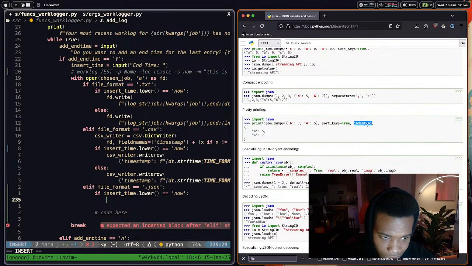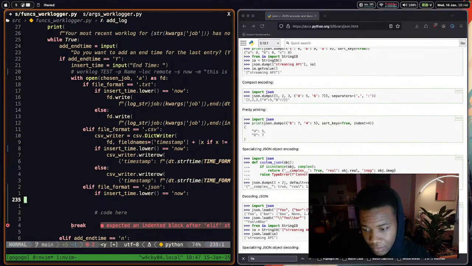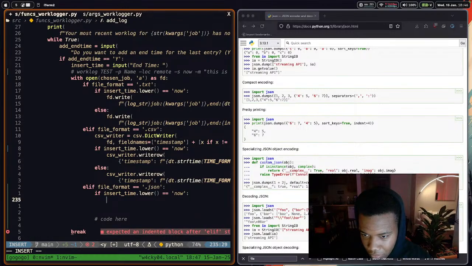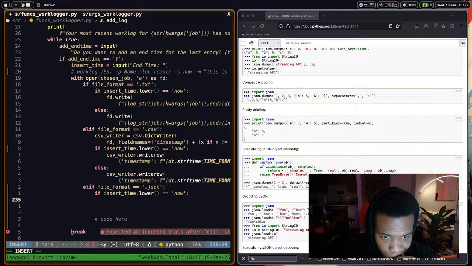Then I can even indent it if I want to make it look neater. And then actually I could just send down just the dictionary, honestly. I just need to delete the timestamp